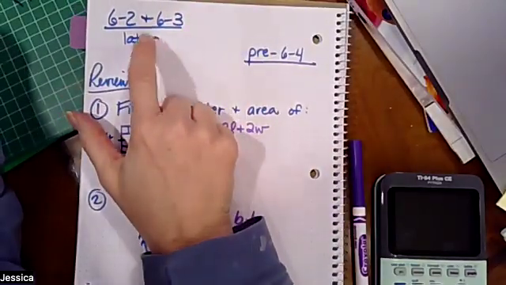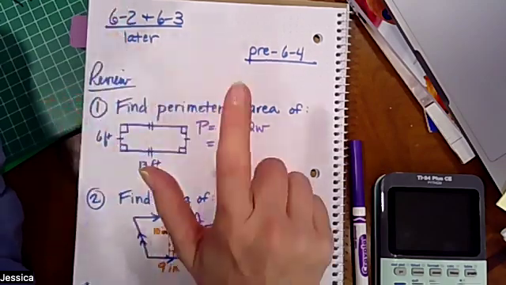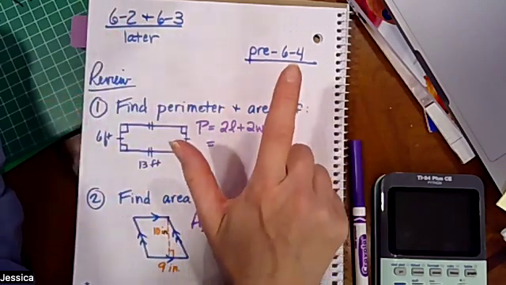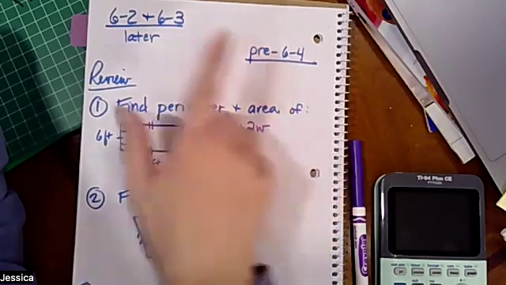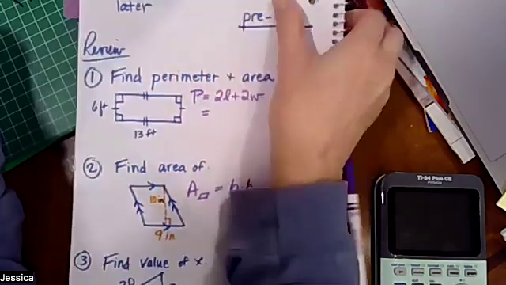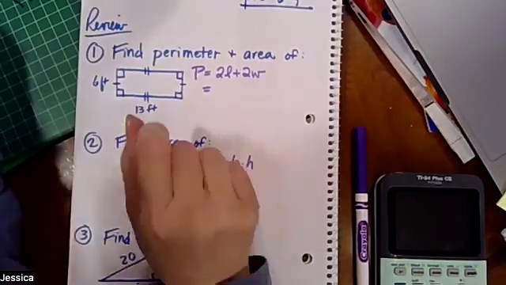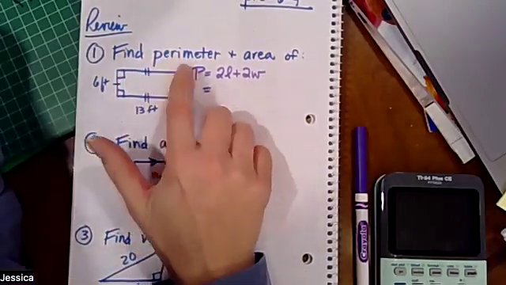6-2 and 6-3, I think I would rather do with you all in person, so I'm going to hold off on those. Let's go ahead and jump into 6-4. And let's do a review before we go to 6-4, but that's the goal. So right now, you can pause me to do these, but go ahead and find the perimeter and the area